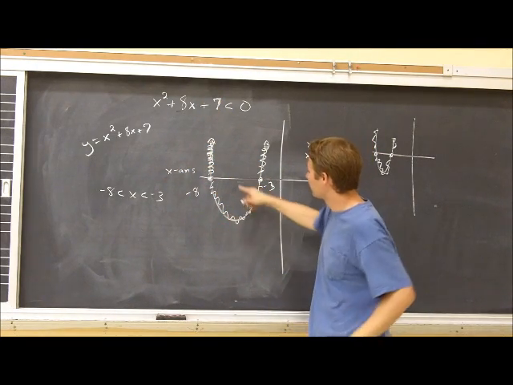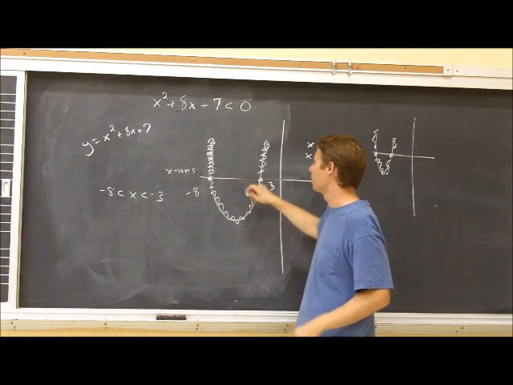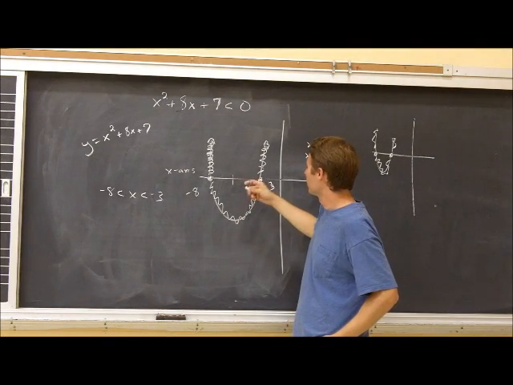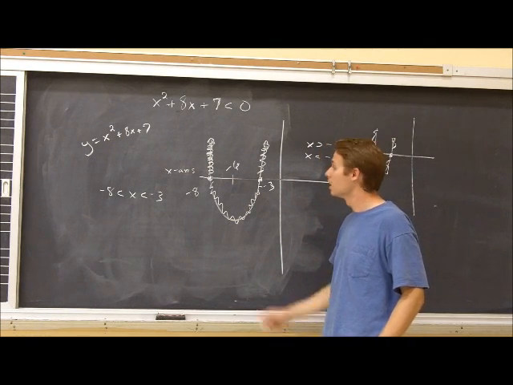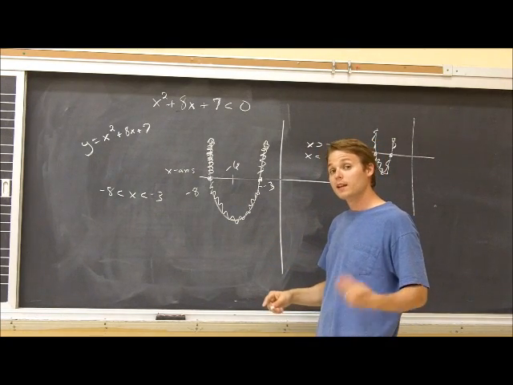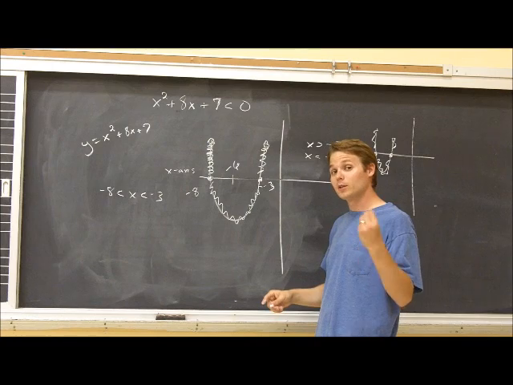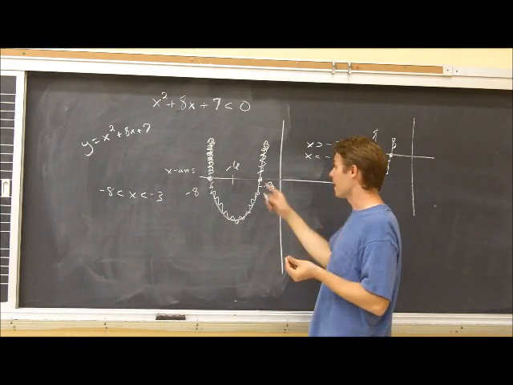So that means that I should be able to test any point in between these two values. For example, on this one I could have tested a point like x equals -6, plugged it into my equation to see if the y value is positive or negative. If that y value is